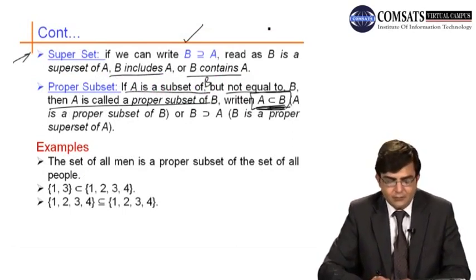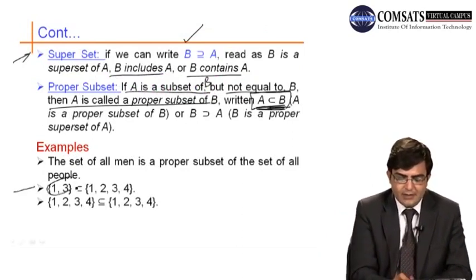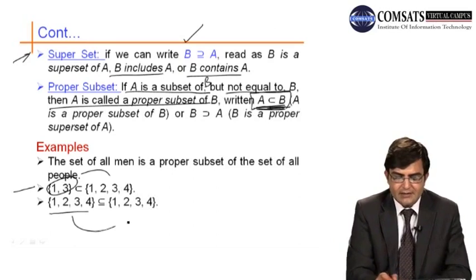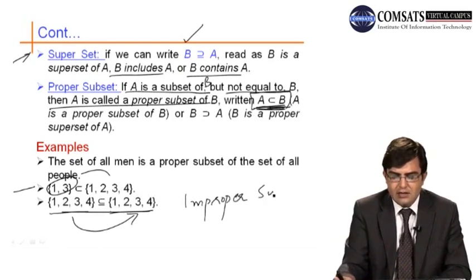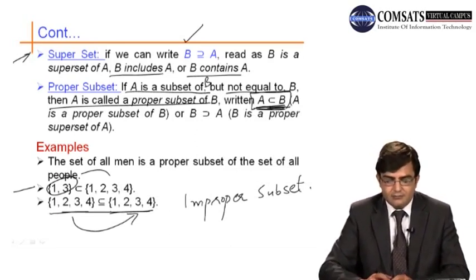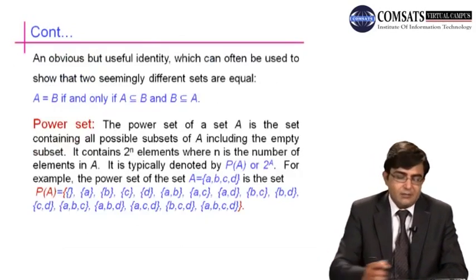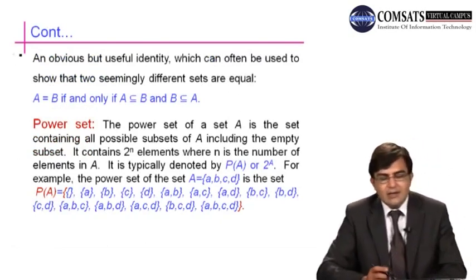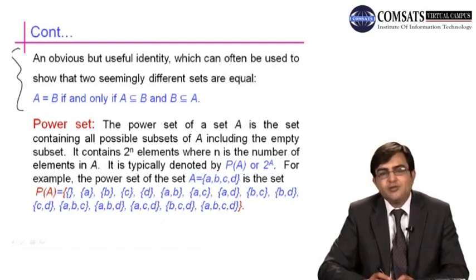Similarly, for example, this set is a proper subset, but this set is not a proper subset. This is called an improper subset. If a set is not a proper subset of another set, then it may be an improper subset of the other set. Now what is the power set? But before this we take up a simple identity which is very useful